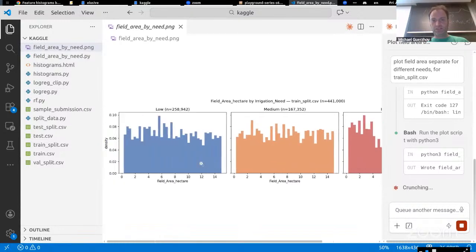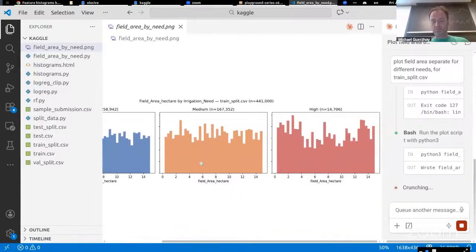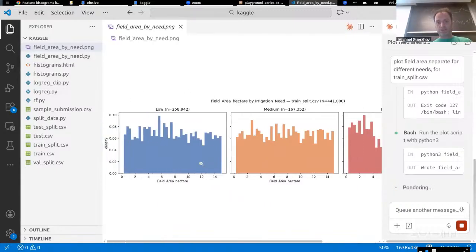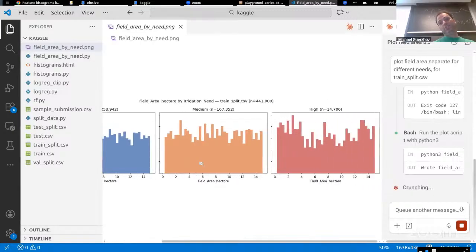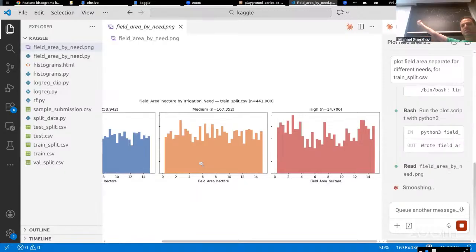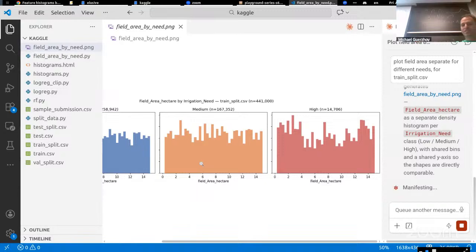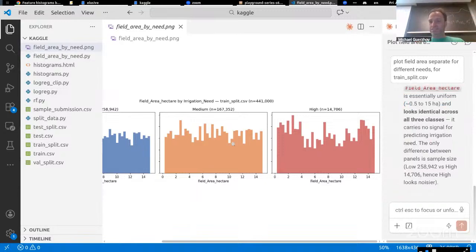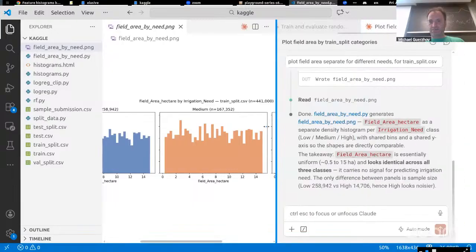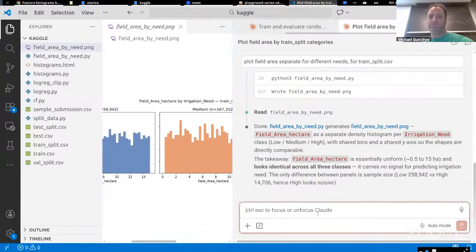All right, so what it kind of looks like to me based on this is that I was maybe kind of right, and medium field area kind of predicts less high irrigation need than the others, is the best that they can say. Well, this claims that it looks identical. But,